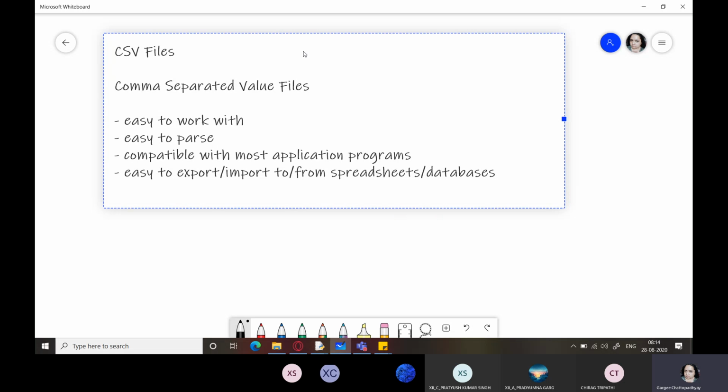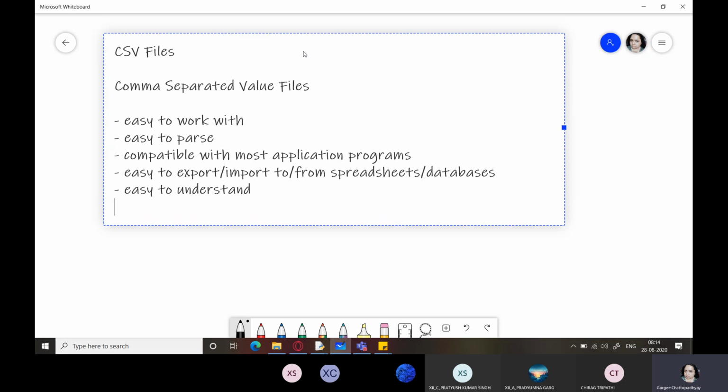So you can easily export to spreadsheets or databases as well as import data from spreadsheets and databases. We'll use it along with databases later on, but today we will see it with spreadsheets. And they are easy to understand